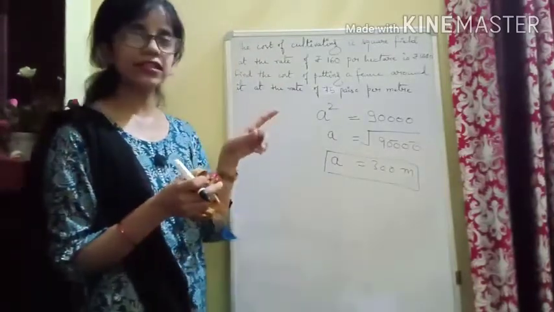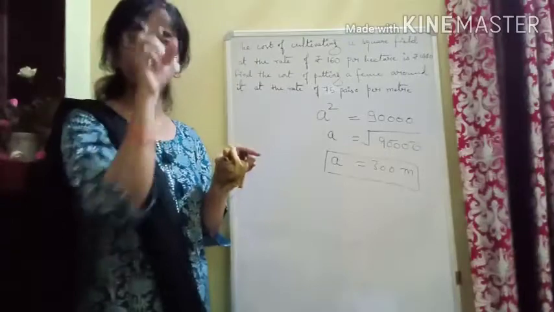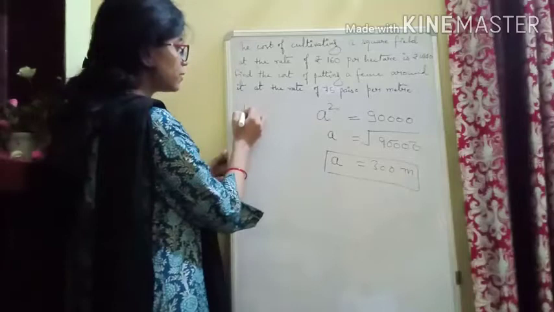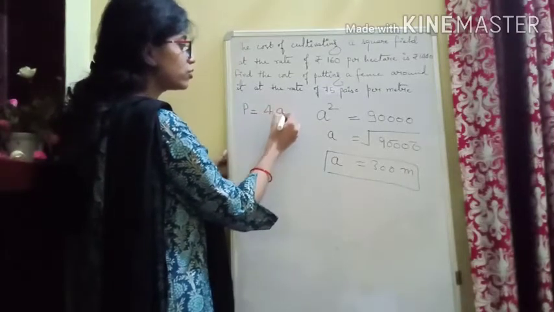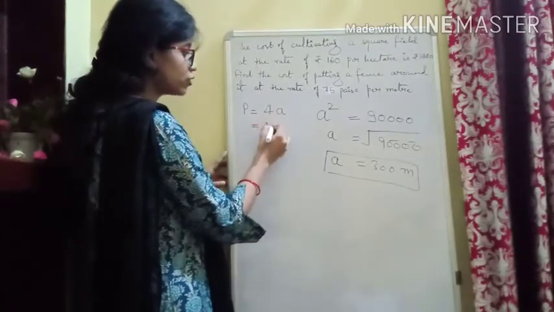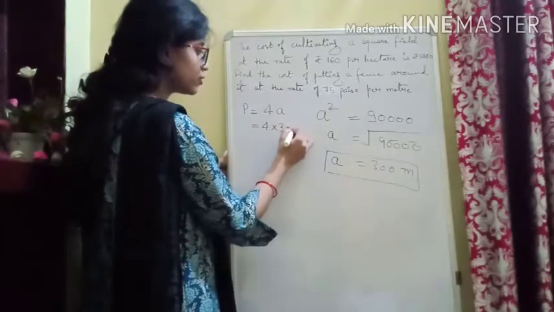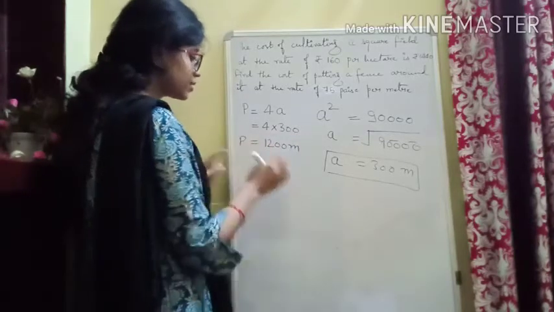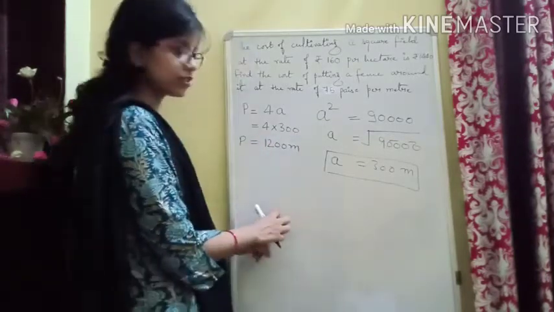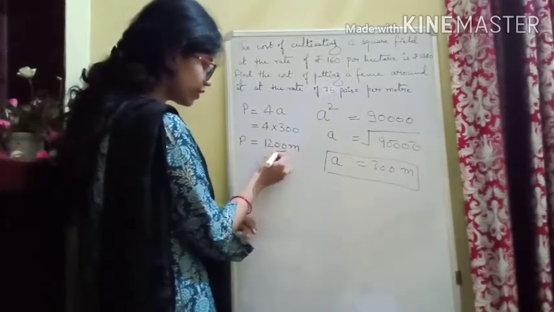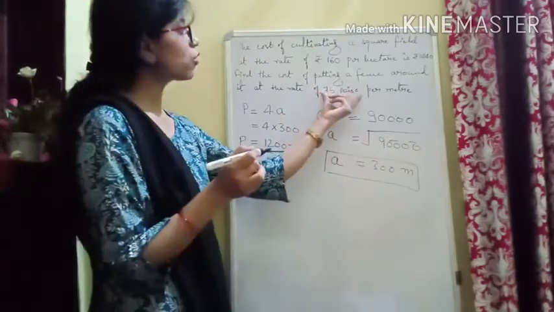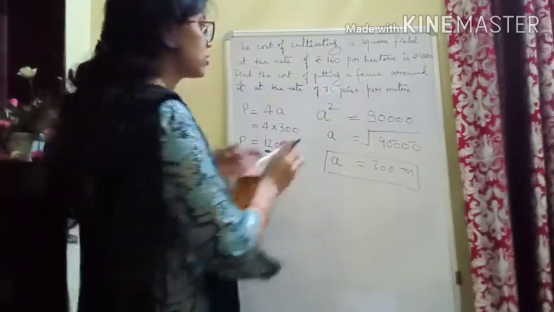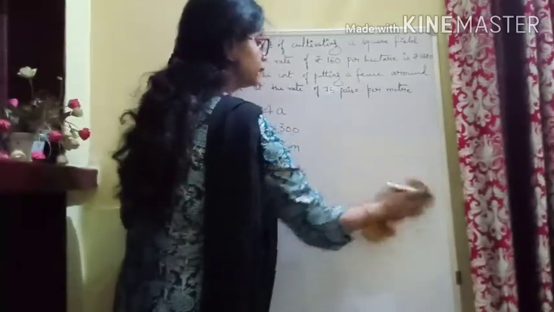And if we want to fence it, that means we have to put the fence all over the boundary. That means we have to calculate the perimeter. How to calculate the perimeter? Perimeter of a square is simply 4 into A. That is 4 into the side we have calculated, that is 300. So it is simple, 1200 meter. That means this is the length on which we have to put the fence, and what is the cost? It is 75 paisa per meter. How many meters do we want? 1200 meters. So the total cost will be,